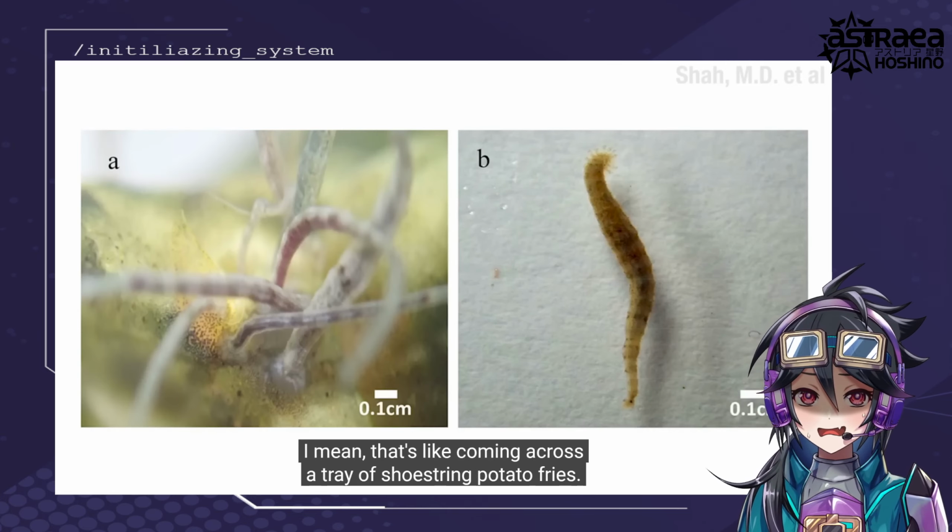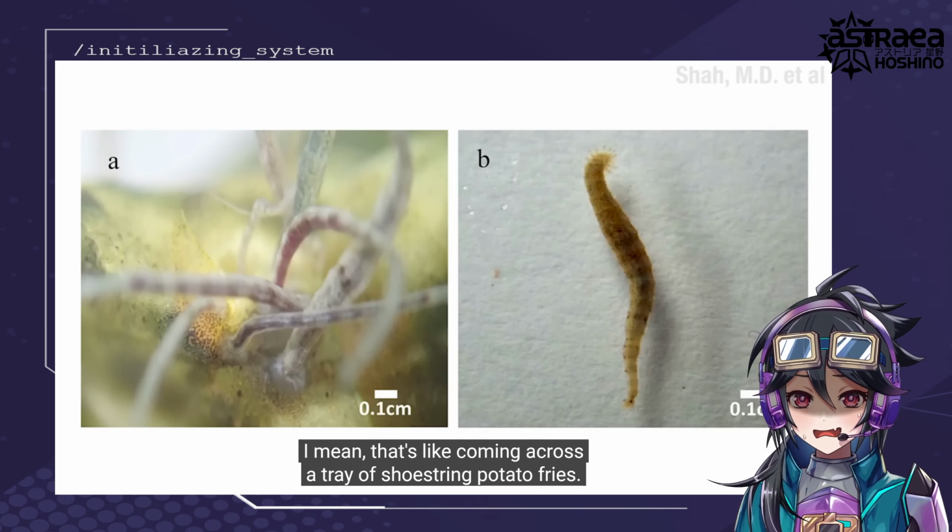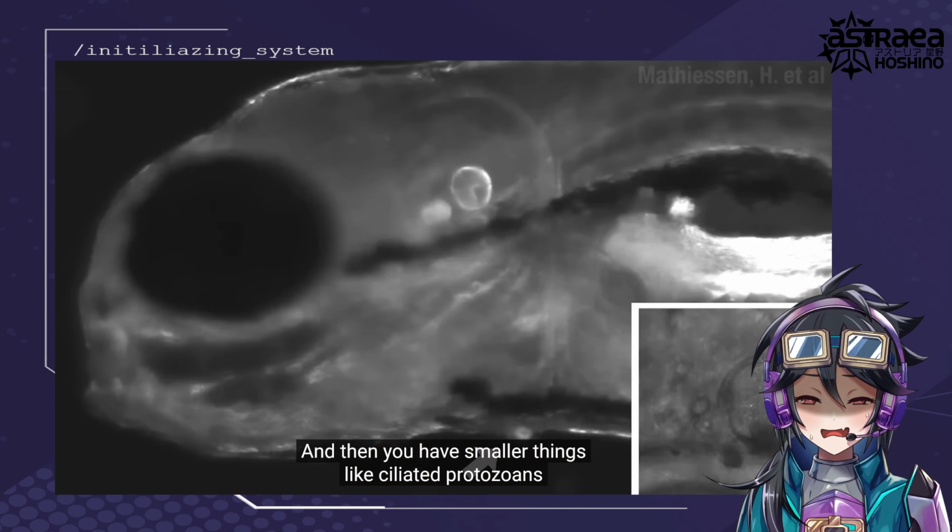But for a shrimp, I mean, that's like coming across a tray of shoestring potato fries. They just wiggle a bit when you bite into them. And then you have smaller things